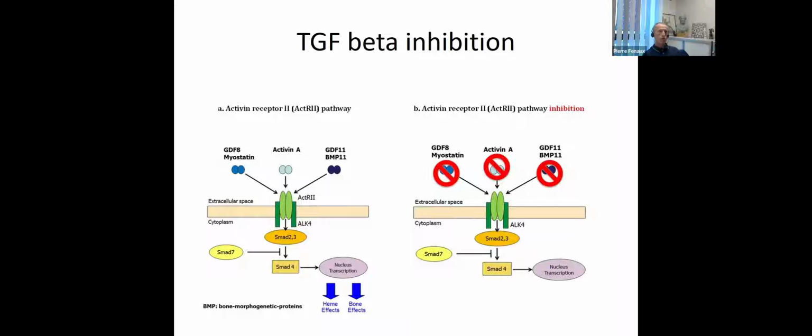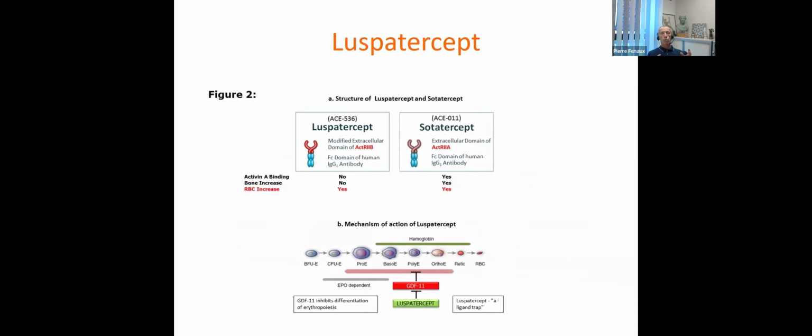The second approach after telomerase inhibition is TGF-beta inhibition. TGF-beta is a pathway which in the red blood cells overall inhibits erythropoiesis, especially through ligands like GDF11 and activin, which act on the activin receptor, especially activin receptor 2. And this pathway can be inhibited, particularly by drugs capable of trapping the ligands, like luspatercept or sotatercept. Sotatercept has not been developed in this situation, but luspatercept has. It's an extracellular domain of the activin receptor, which is going to